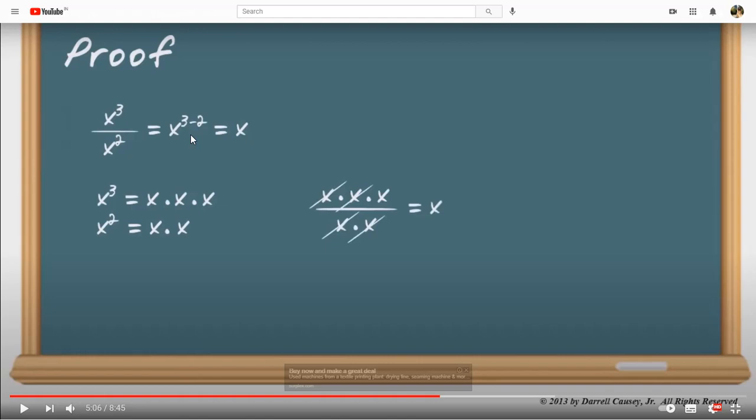Now here one exception is there. You will subtract n from m only when m is greater than n. Now if n is greater than m, then what you will do, if here it is m and here it is n, and n is greater, then it will be x to the power n minus m.